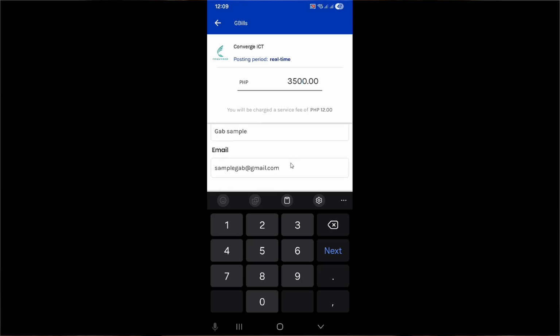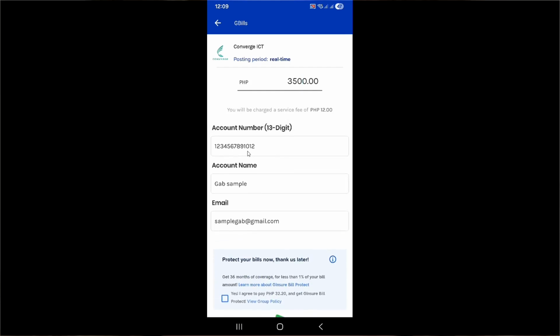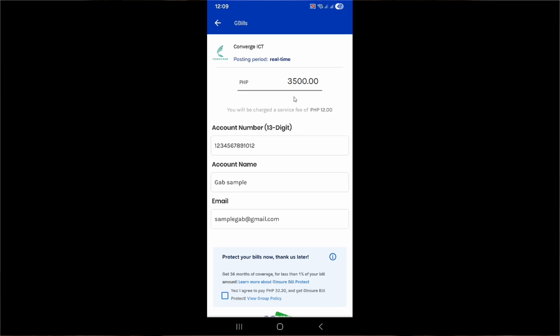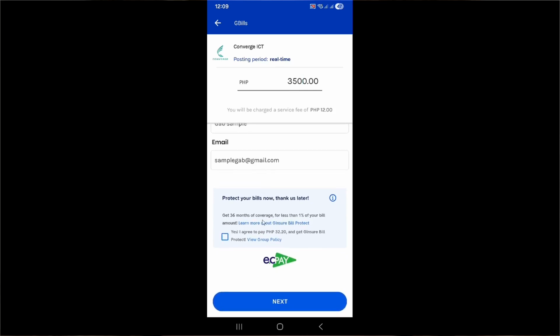Then enter the amount you wish to pay. Be sure to input the exact amount due to prevent any over or underpayment. This helps maintain your account balance accurately. If you want a receipt sent to your email, you can also provide your email address. Though this step is optional, it is highly recommended. Having a digital receipt is beneficial for your records and future reference.